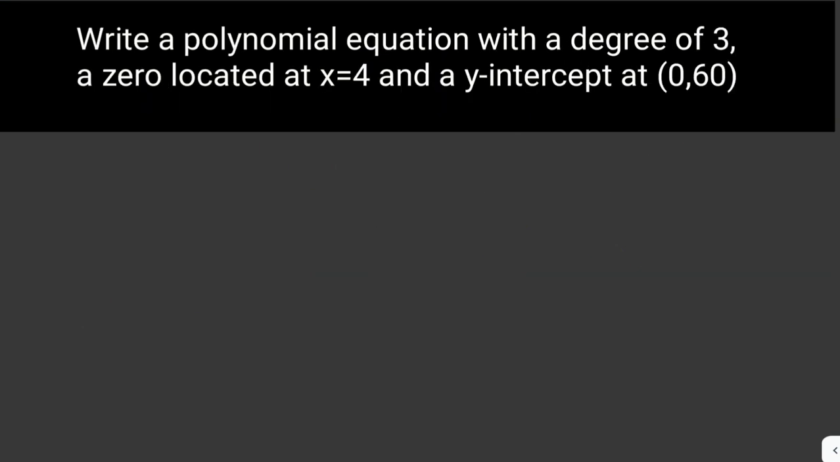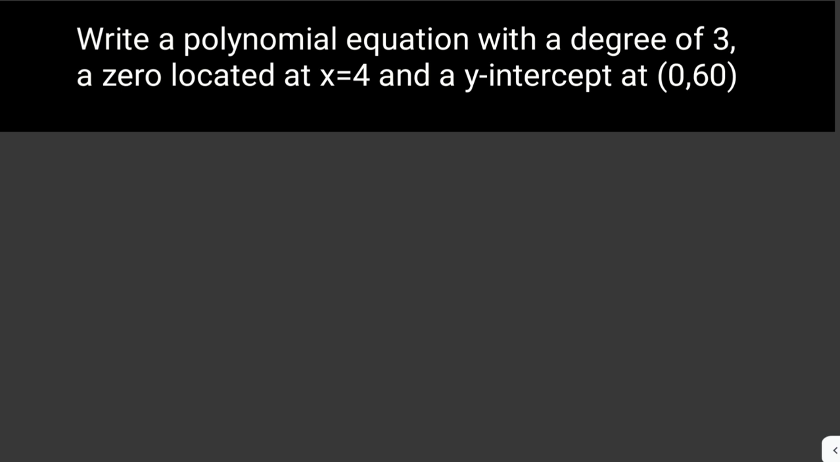Okay, let's solve another problem here. Write a polynomial equation with a degree of 3, a zero located at x equals 4, and a y-intercept at (0, 60). So an equation with a degree of 3 means that the equation has 3 factors. And